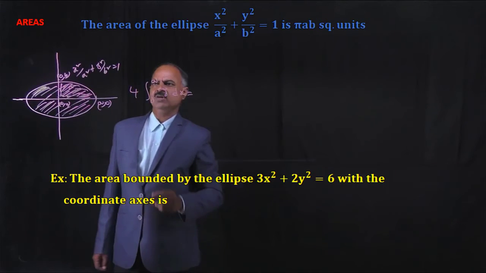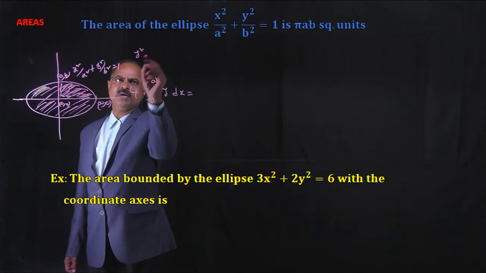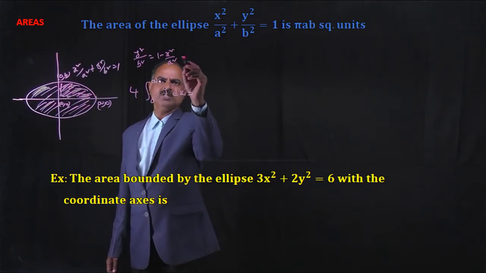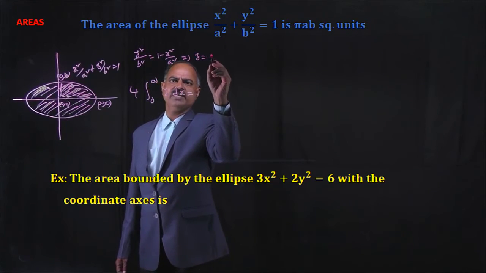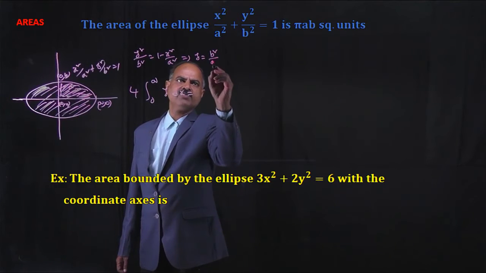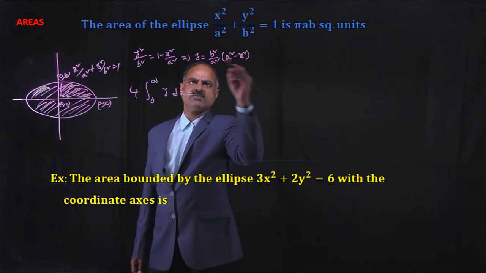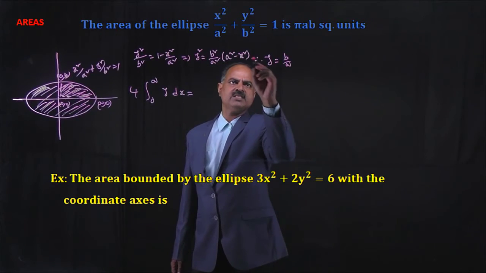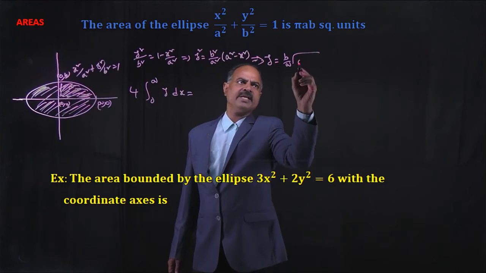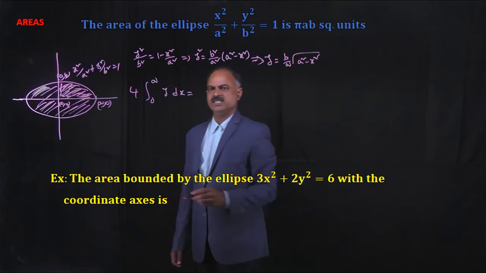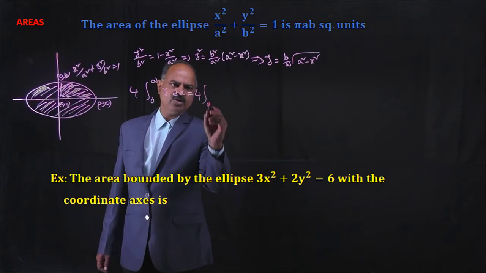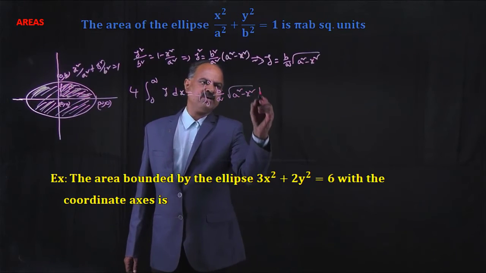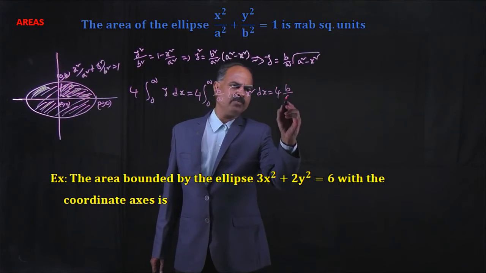Now here y square by b square is equal to 1 minus x square by a square. So this implies y square is equal to b square by a square into (a square minus x square). So y is equal to b by a into root over a square minus x square. Now that is 4 into integral 0 to a of b by a into root over a square minus x square dx. Now that is equal to 4 into b by a into